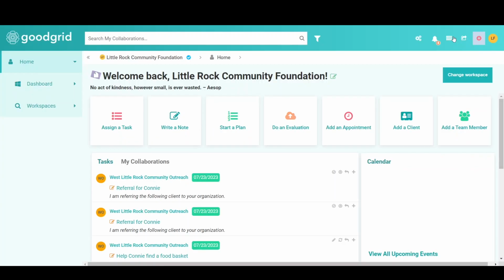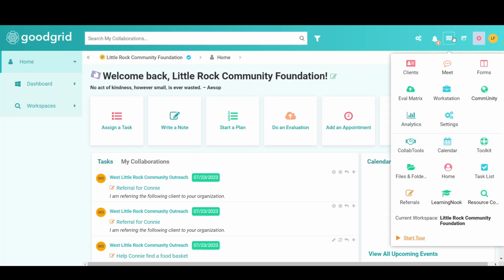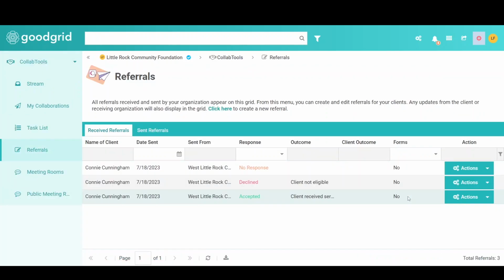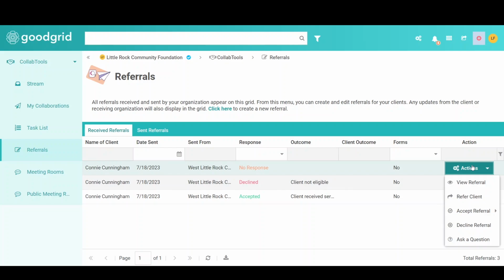Now that we've landed on the receiving organization workspace, let's view the referral. To view the referral, click on the referral icon in the crossover menu. This will take you to the referrals grid. Here, you will see all received and sent referrals for your organization. To interact with a referral, simply use the Action button next to the referral and select one of the 5